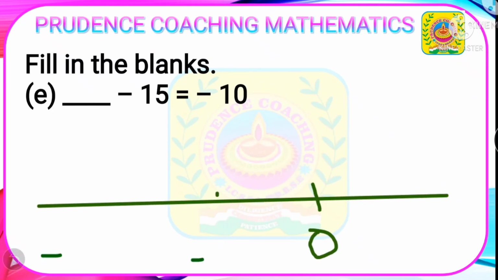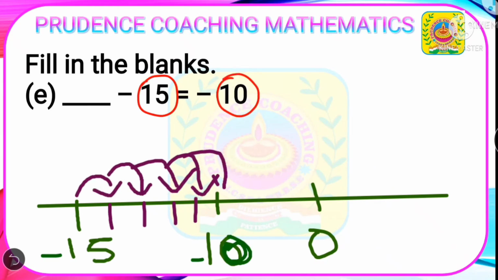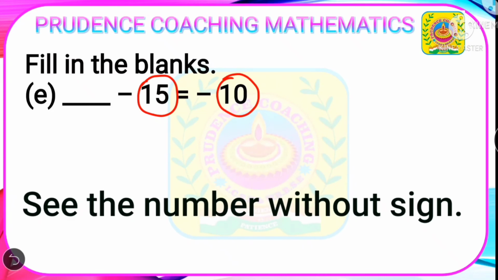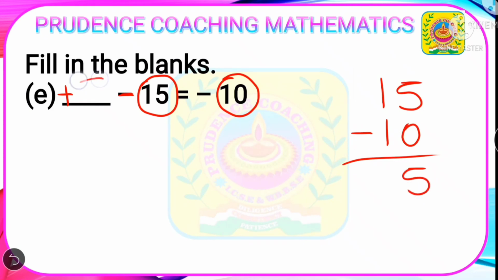How you are going to make minus 10 for minus 15? That means first you just notice the number. Here we have 15, it is becoming 10. Without this sign you just see the numbers. So you can see 15 is becoming 10, that means 15 is decreasing. So to decrease the number, as we have negative, that means we need to write the different sign. So let the sign be positive here, because negative and positive, then only you will get a difference of the number. Okay, so here positive. So now you think that how much number we are going to deduct from 15 to get 10? Here getting 5. So here answer will be 5 plus 5.